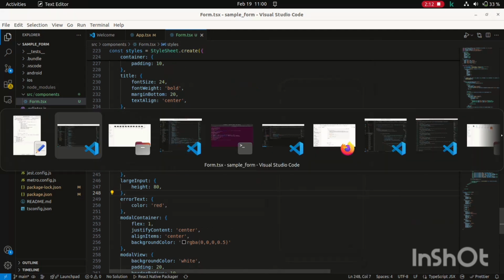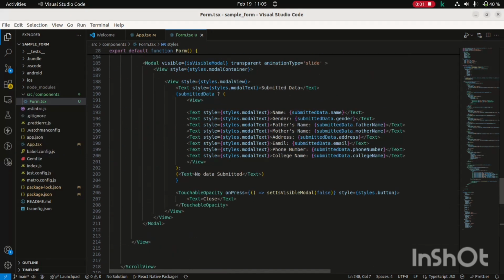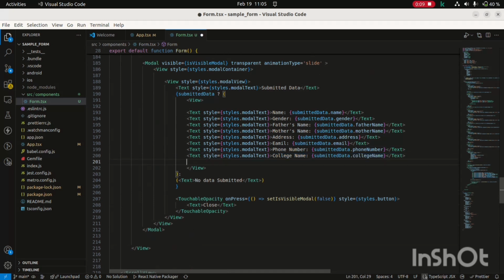Now let's see. Okay, now we will modify it in model, so that after clicking the submit button it would show the selected exam center. So let's modify it to exam center, and here remove college name and add exam center. Okay,